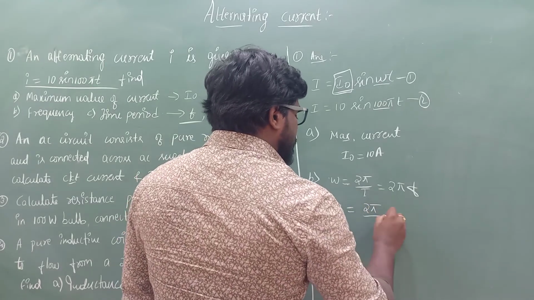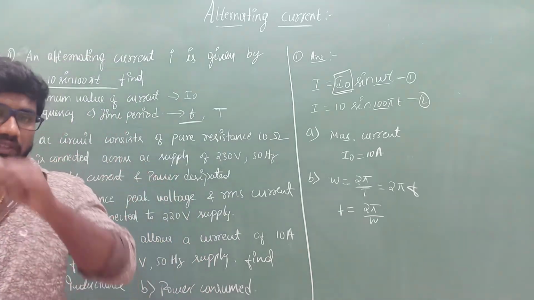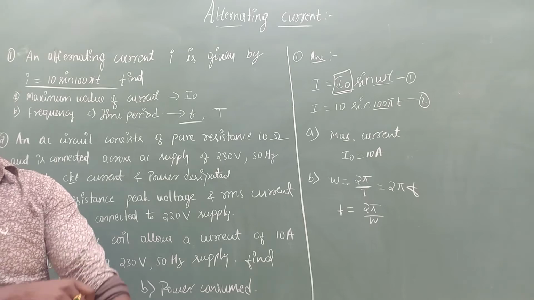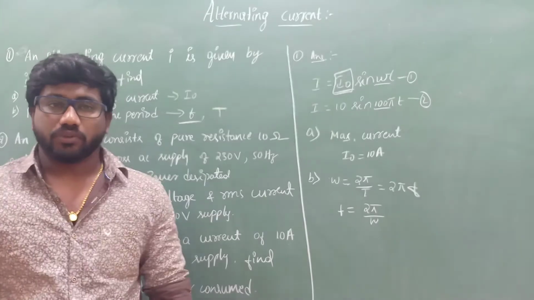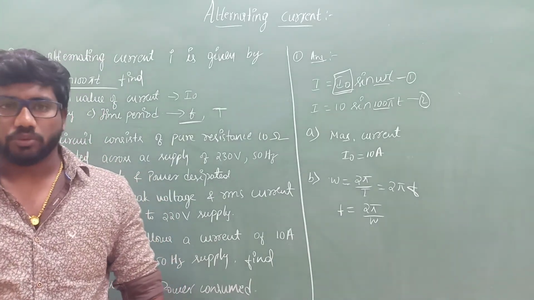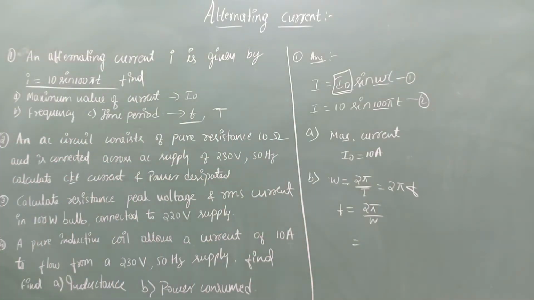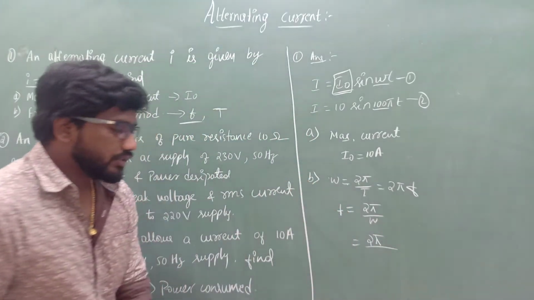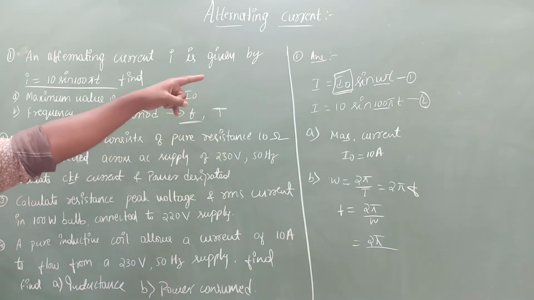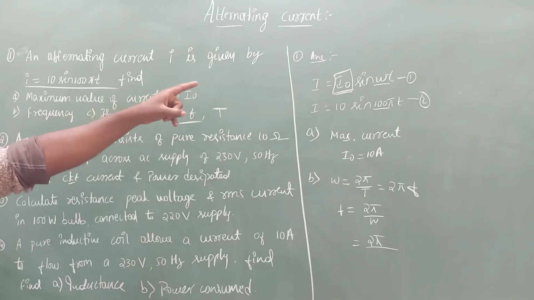All these formulas you have already used in your class 11 chapter of oscillations and waves. There we use most of the formulas. Here I am just revising what you already learned and already know. Omega value, if you compare equations 1 and 2, you will get the value of omega.